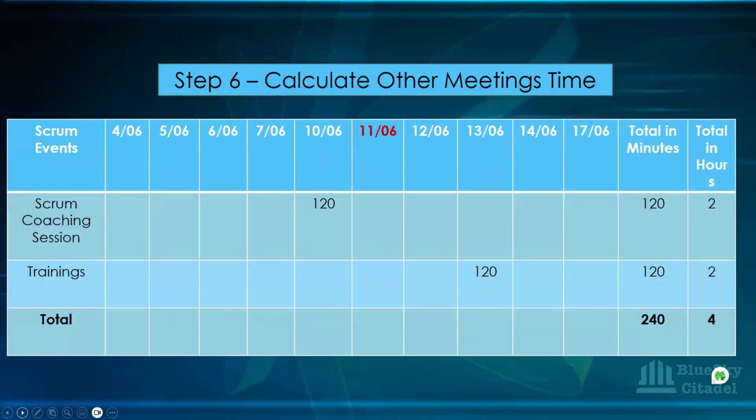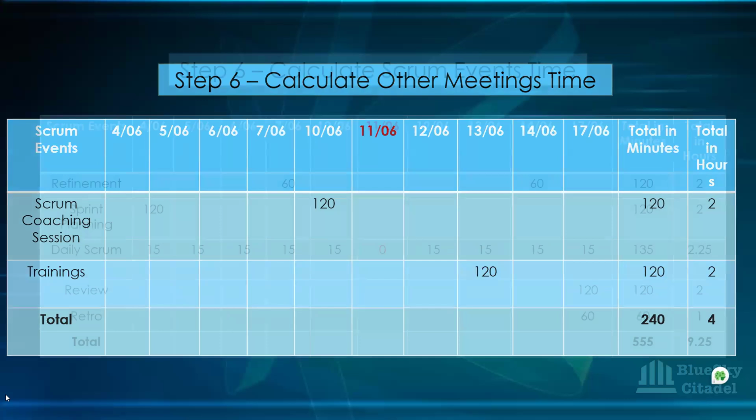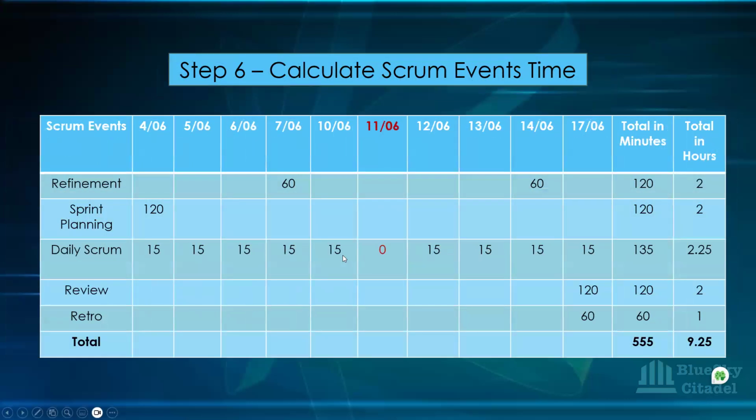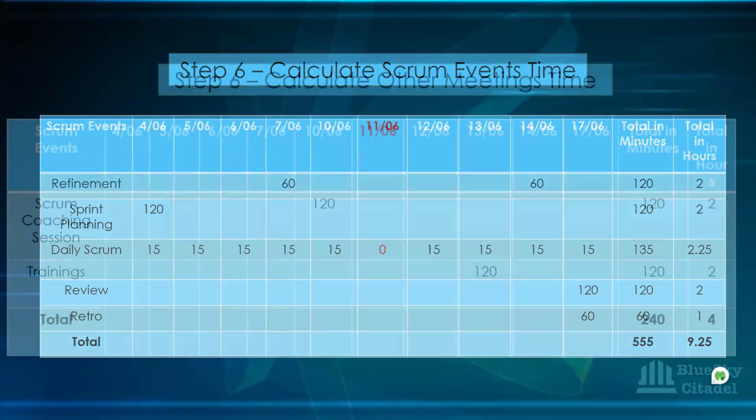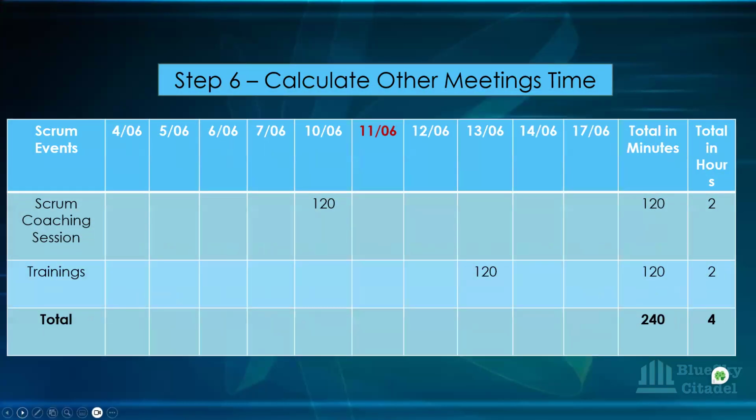Okay, so we're also quickly going to look at other meeting times. So you have the Scrum coaching session. Let me go back here. The Scrum event time is fixed. This is a fixed factor that affects the capacity planning, while the other meetings time is a varying factor, because